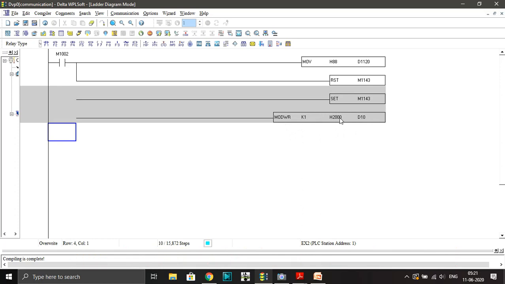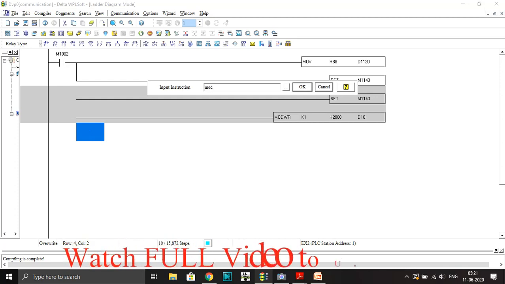Second, we have to give a frequency also, the frequency at which to run the motor. So that is also a command and we have to write it in the VFD. So again we will use this Modbus write. The address will be the same, just the memory bit will be 2001 for the frequency command, and D is any D register we can select, but not the same as D10.